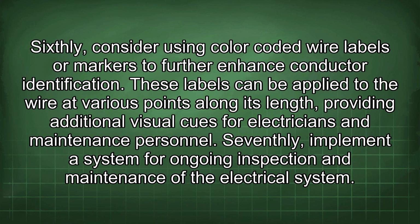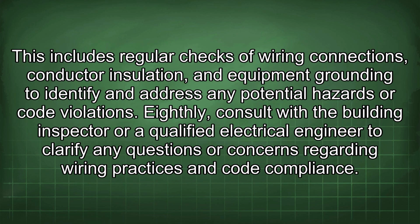Sixthly, consider using color-coded wire labels or markers to further enhance conductor identification. These labels can be applied to the wire at various points along its length, providing additional visual cues for electricians and maintenance personnel. Seventhly, implement a system for ongoing inspection and maintenance of the electrical system. This includes regular checks of wiring connections, conductor insulation, and equipment grounding to identify and address any potential hazards or